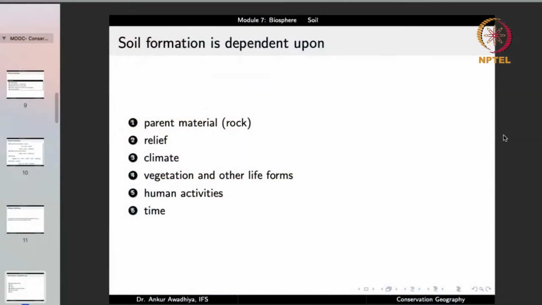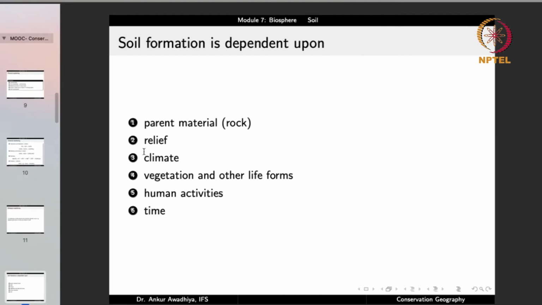Similarly, when we talk about chemical reactions such as solution or dissolution, that is dependent on the availability of water. So this will not be a major factor in the case of arid areas which do not have a lot of rainfall, but they will be very important factors in areas that receive heavy rainfall. So climate also plays a role. When we talk about cryofracturing, it depends on temperatures going so low that water freezes into ice. Again, a role of climate. So climate also plays a major role in soil formation.